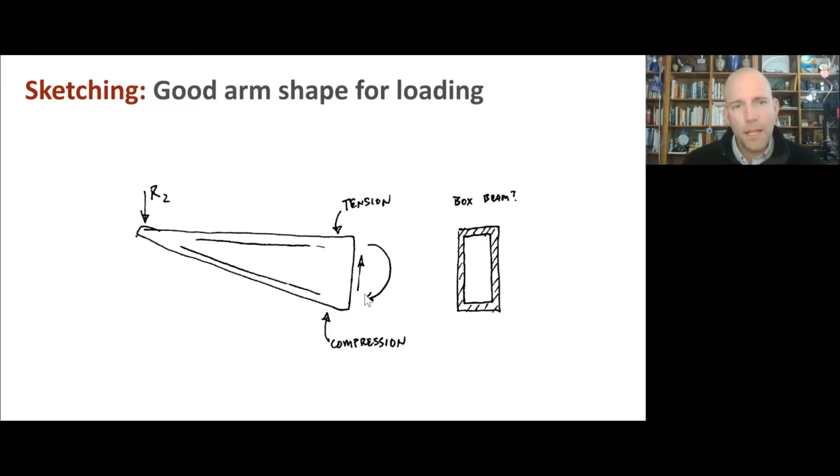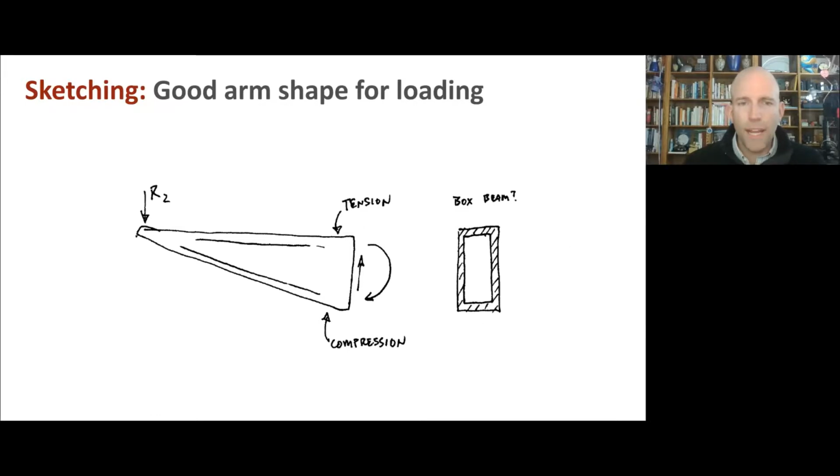I mean that there is this uneven pattern of stress where up here the material is in tension and down here the material is in compression. And those two different loading types lend themselves to slightly different structural shapes. And so you might take this triangle